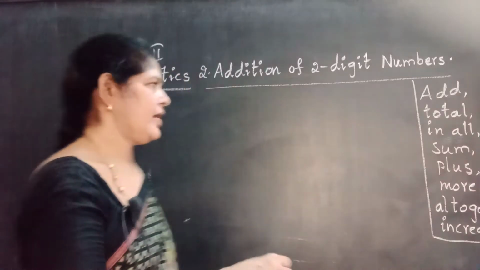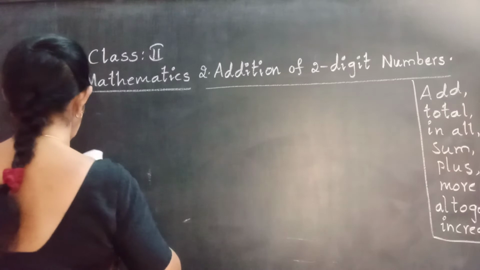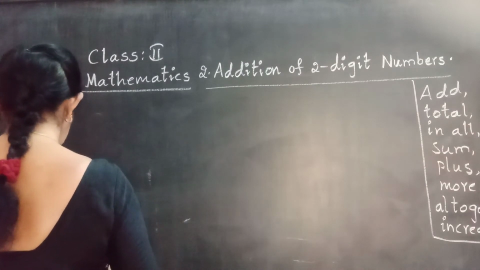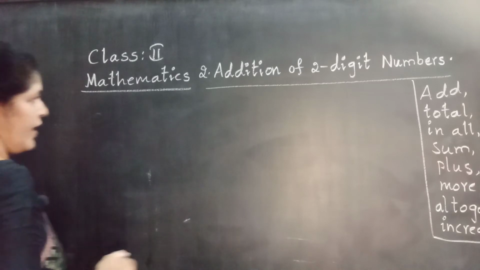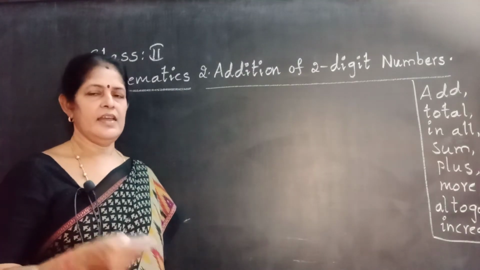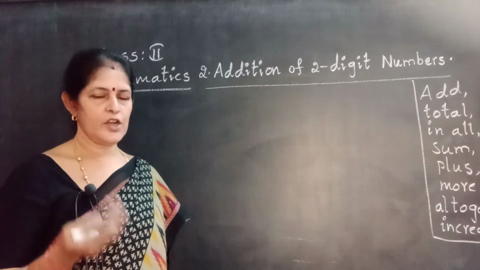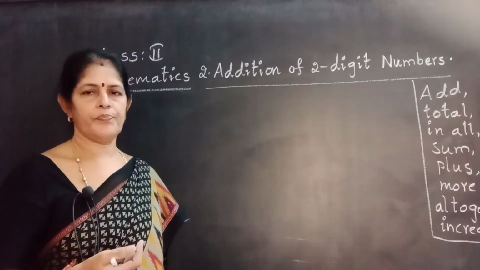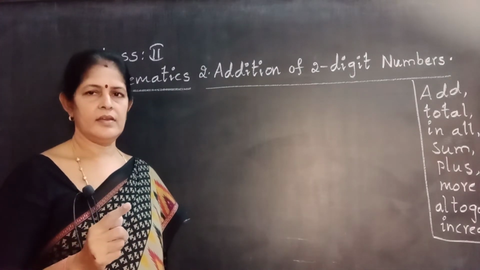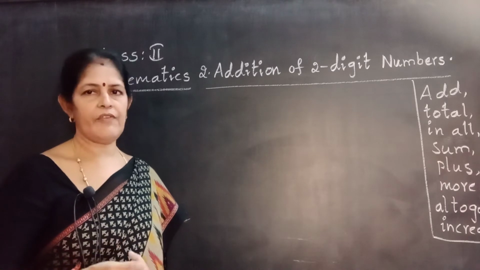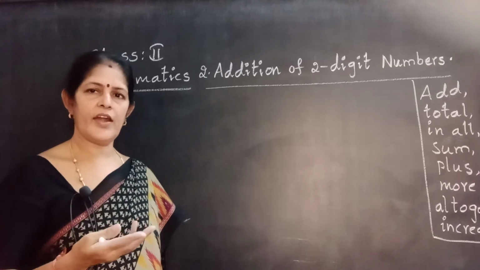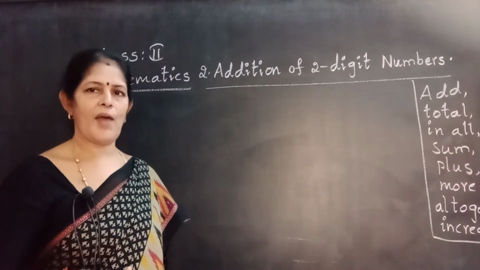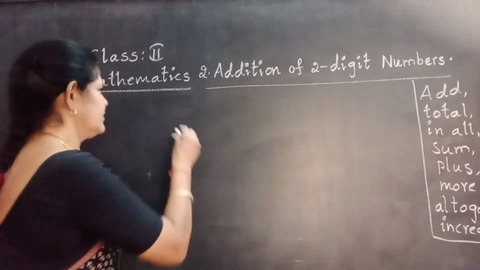Ready now? Come on. Look at the board. Already you learned. Here they given two-digit number additions and addition facts. Number plus 0 or 0 plus number, same number. Number plus 1, next number of the given number. We add 2 or more numbers in any order, we get the same answer. Okay? Come on.